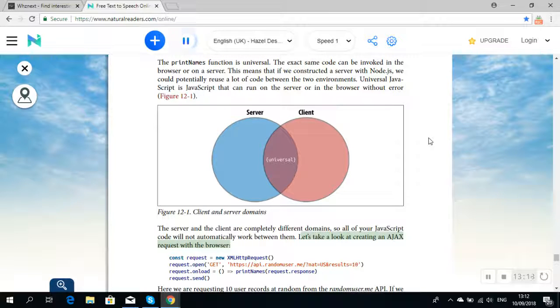Let's take a look at creating an AJAX request with the browser. const request = new XMLHttpRequest(); request.open('GET', 'https://api.randomuser.me/?nat=us&results=10');